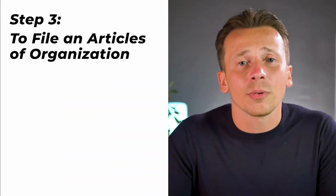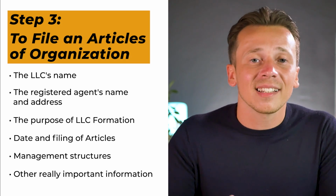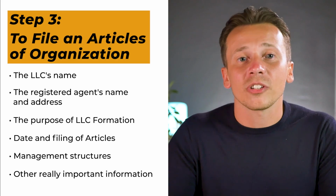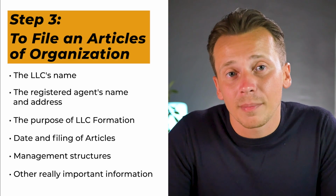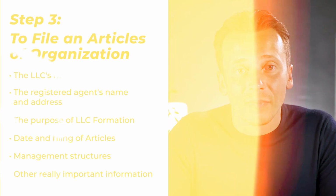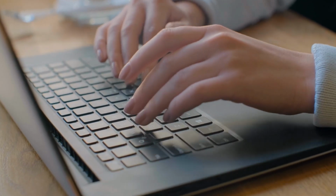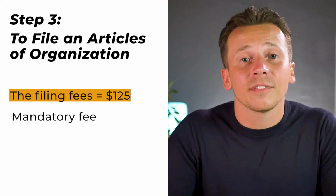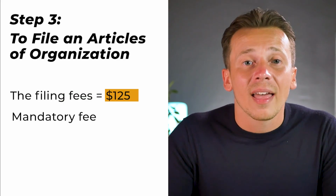Alright, so step 3 is to actually file your LLC Articles of Organization. This is going to include the LLC's name, the registered agent's name and address, whether the LLC will be managed by members or managers, and also a bunch of other really important information. Now, when it comes to the process of doing this, there's a form that you will need to know and to fill out. The filing fee for this form is $155 at the time of this video,